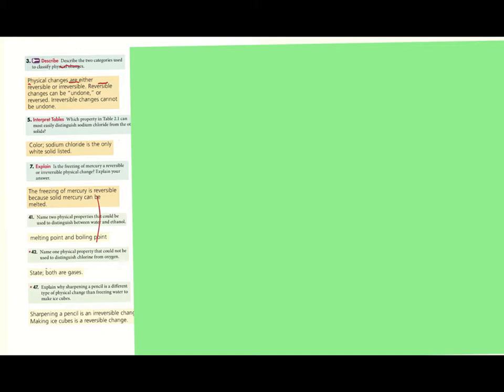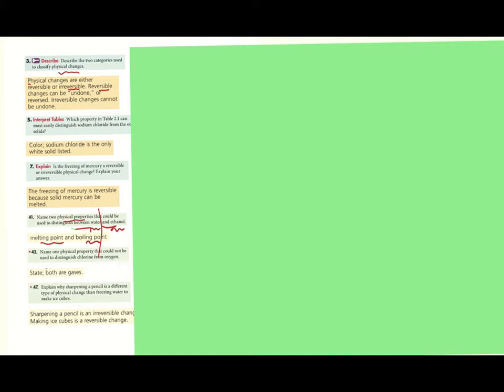Next question. Name two physical properties that could be used to distinguish between water and ethanol. If you are asked about physical properties, you should mention only intensive properties because they are two different substances, water and ethanol. So it's melting point and boiling point. You can write density, you can write color, but color is not working here because water and ethanol have the same color. Both of them are colorless. So choose any other